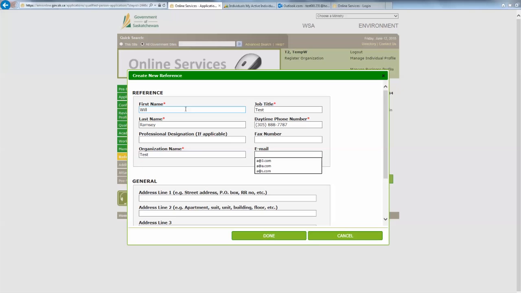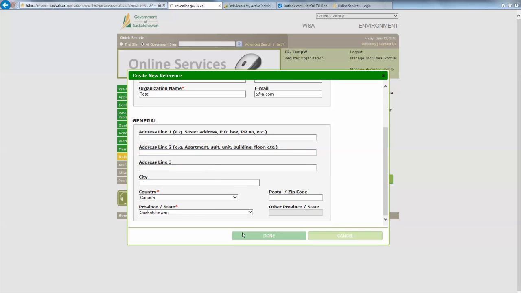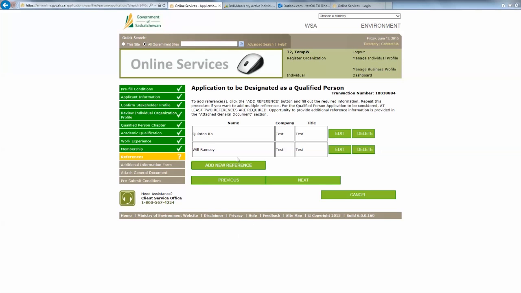Once again, an email is a required field, despite it not having the red asterisk beside it. So I'll go ahead and press done for this reference as well. And once I have had 2 references, I can go ahead and press next. However, if you would like to add more references, you can feel free to do that by pressing the Add